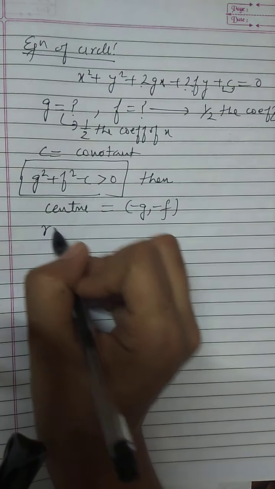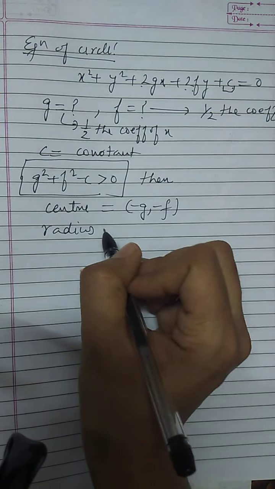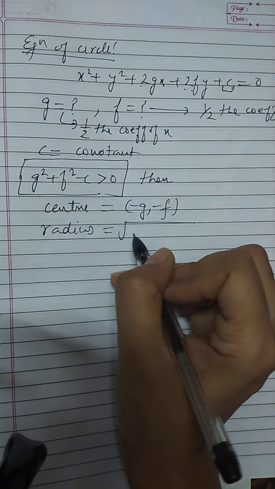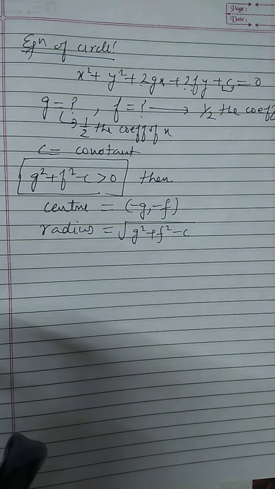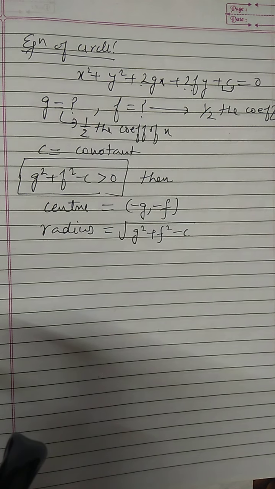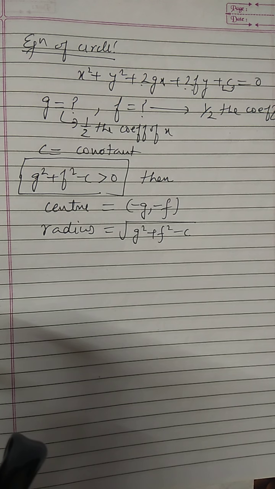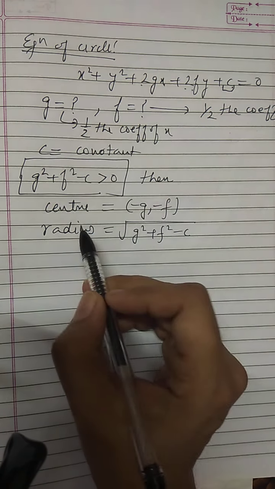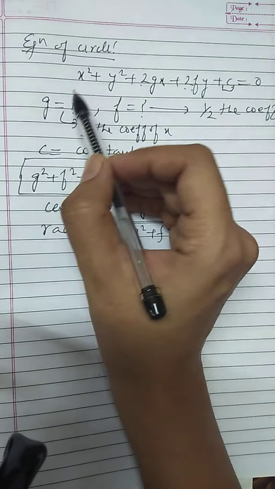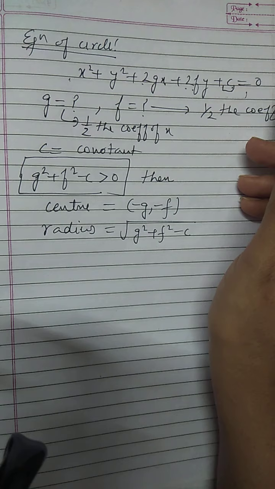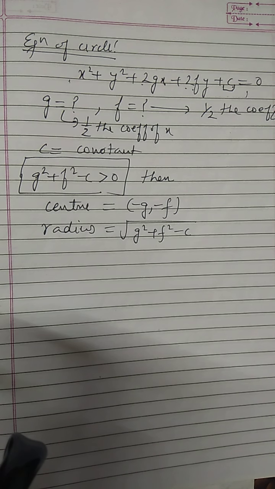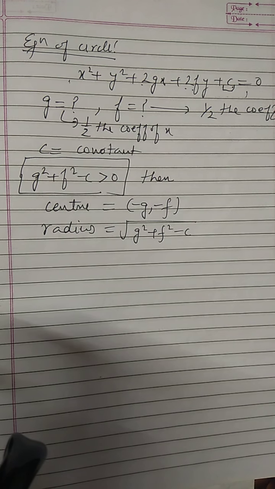Okay, and radius we will get, then radius will be equal to root of g square plus f square minus c, whatever value is coming, if we just consider the root of that, that will be the radius of the circle. When can we apply this concept? When the equation is given in this form. Otherwise, in sum 6 which we have done just now, the equation was given in the standard form, so we just compared it with the standard form to get the value of h, k and r.